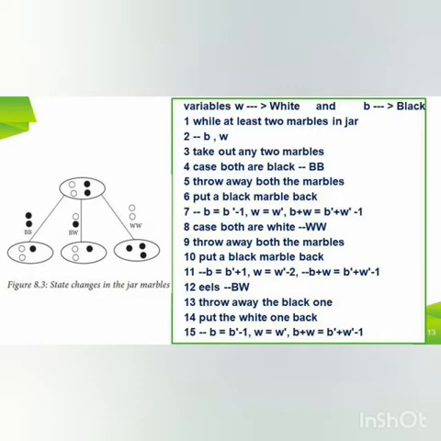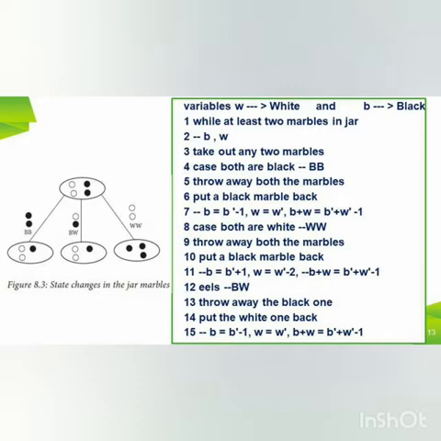Then in total number B plus W is equal to B plus W minus 1. Here 1 marble is reduced from the total. So B plus W is equal to B plus W minus 1. Then the last case, that is step 12, else, black white.